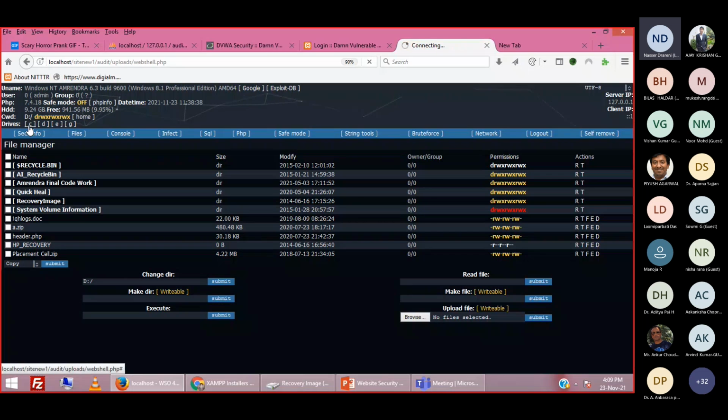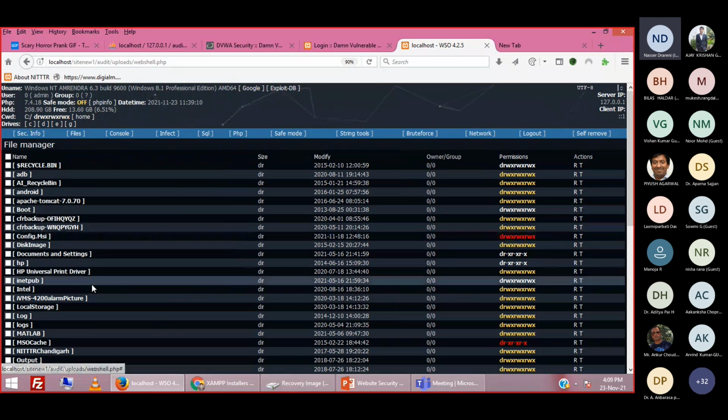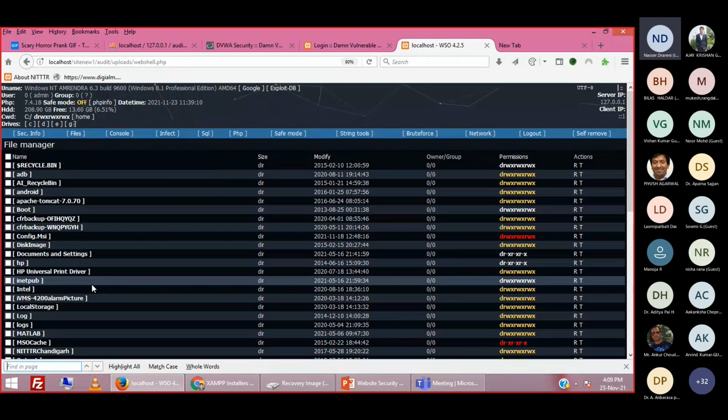Even a hacker can have access to your C drive, and you all must be knowing this C drive is very essential. It has very crucial files. Yes, am I right or not?